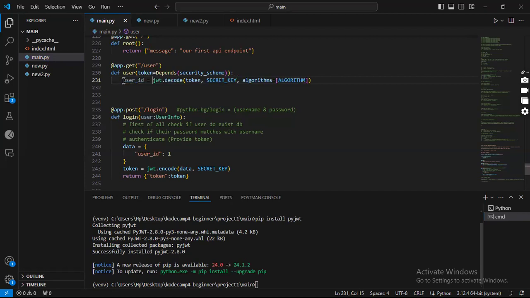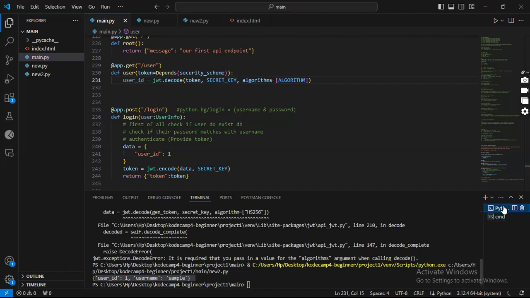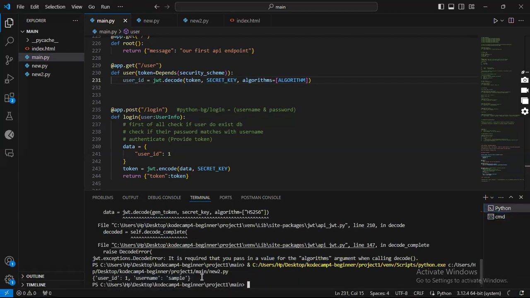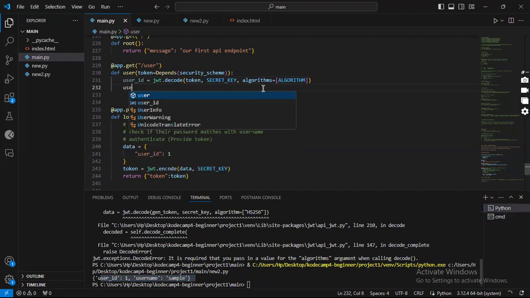And remember, this will always return what, a dictionary structure for us, like what we saw here. So seeing this will return a dictionary structure, I can now go ahead and just say I need the user ID,